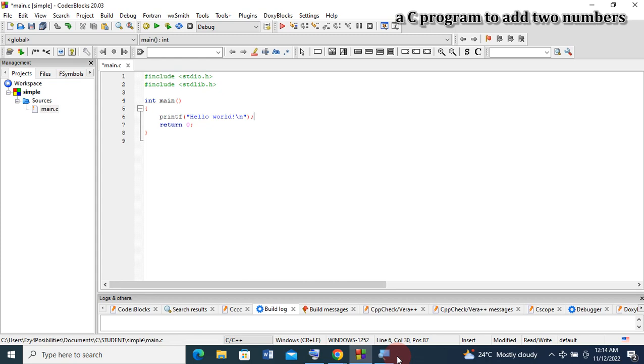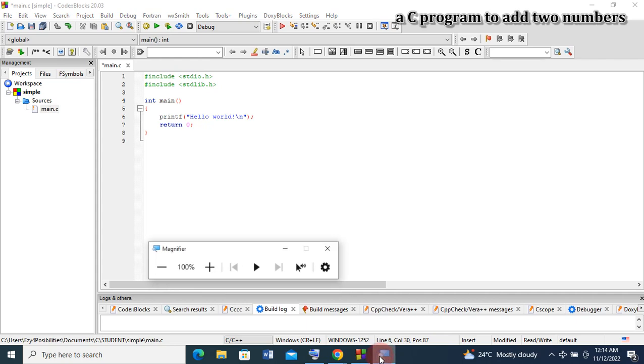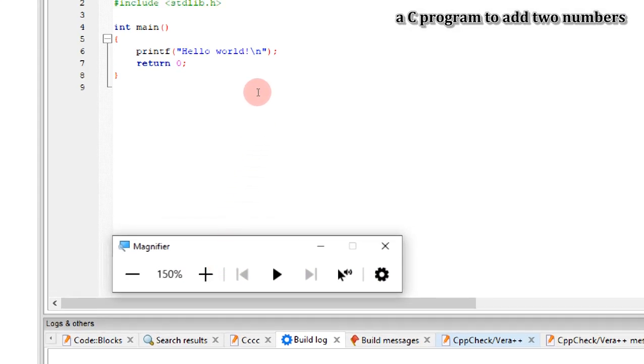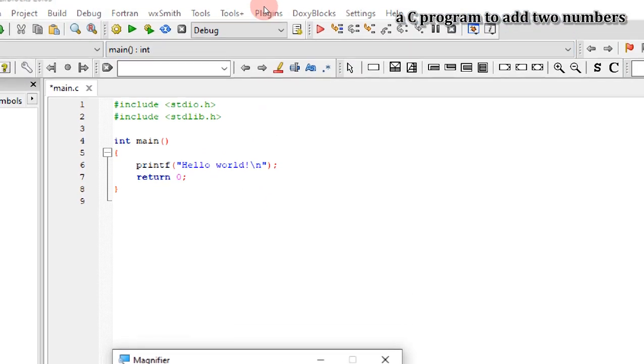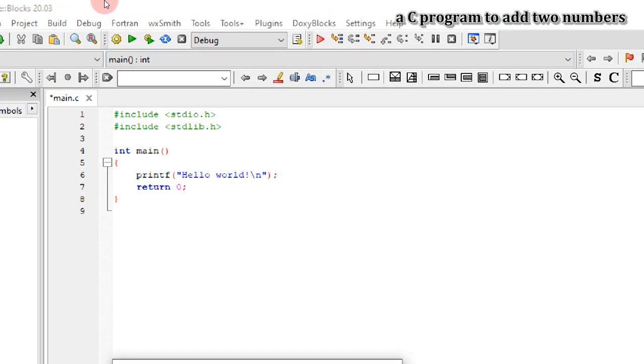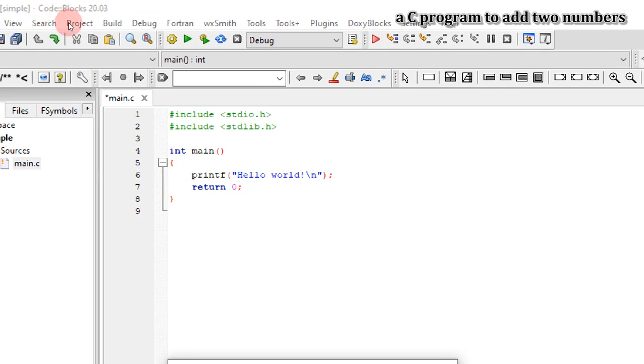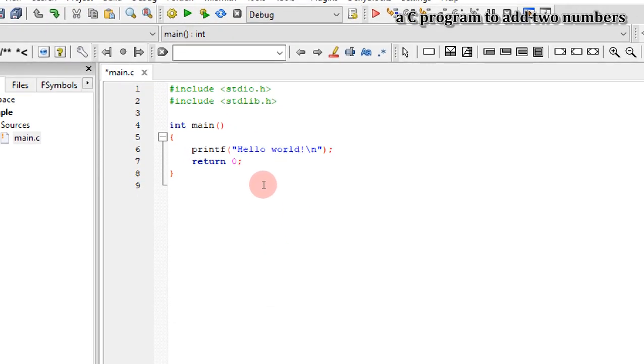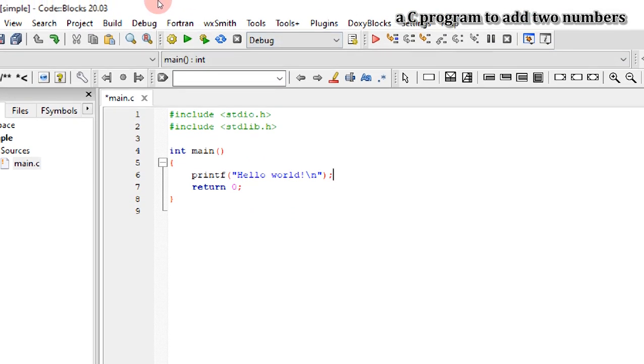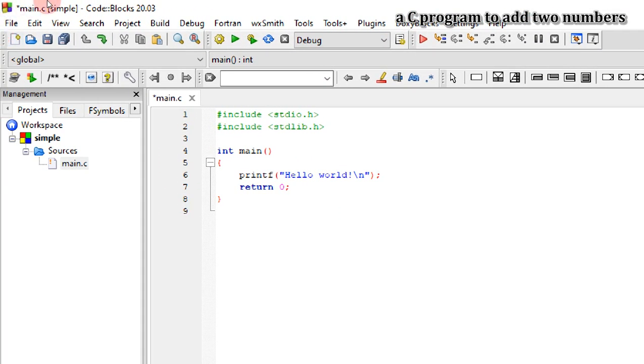Like I said earlier, today we'll be writing a program to add two numbers using CodeBlocks. CodeBlocks is an IDE that we use to write C programs, and also C++ programs. As you can see, my CodeBlocks is already launched, and I've already created a project which I named Simple. By default we have a hello world program, so I'm going to take away